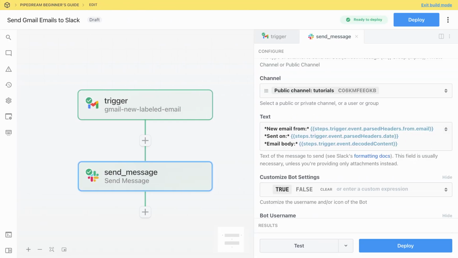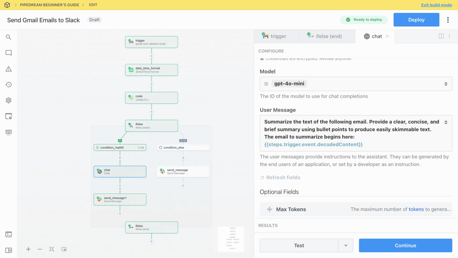Now that we've covered the basics, I'm going to quickly show you how to build your first automated workflow in Pipedream. This process will be very straightforward to follow for everyone, regardless of your technical background. To begin, we'll create a very simple automation. When we add a custom label to an email in Gmail, the contents of that email will be automatically sent to Slack. Once we've built that initial automation, we'll add some additional features, like conditional logic to automatically summarize long